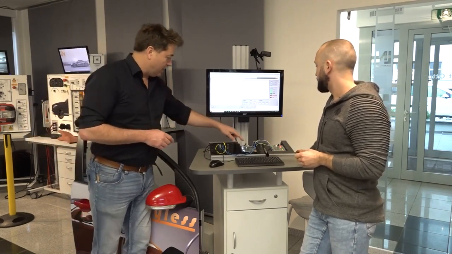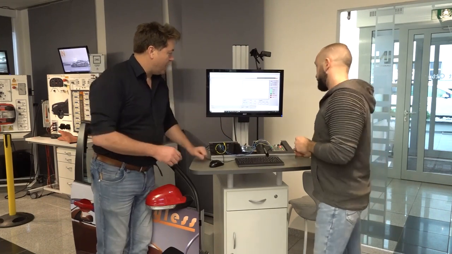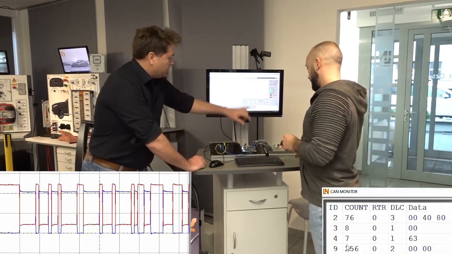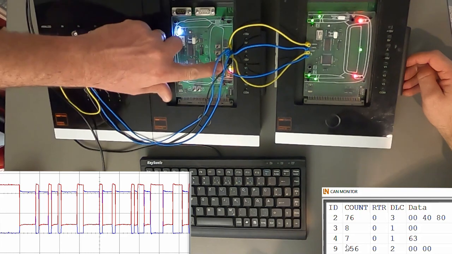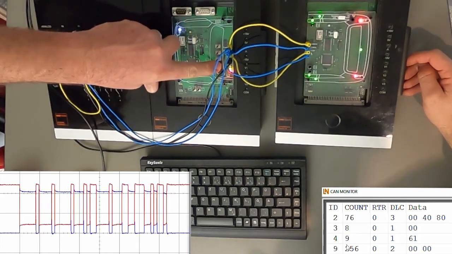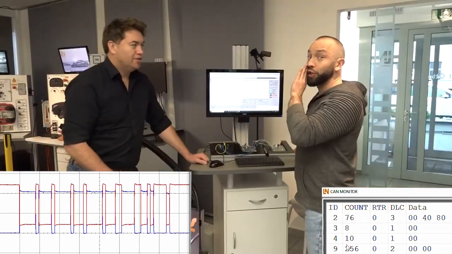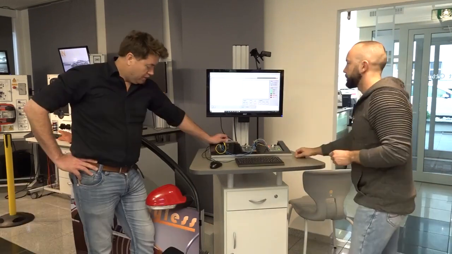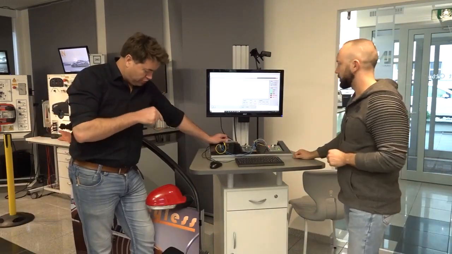So we've just had a look there. We can see here, this is our CAN monitor, and we can begin. Some people call this CAN sniffing, if you can go through and find out which message. Reverse engineering. Exactly. So what we're going to have a look at now is we're going to connect the